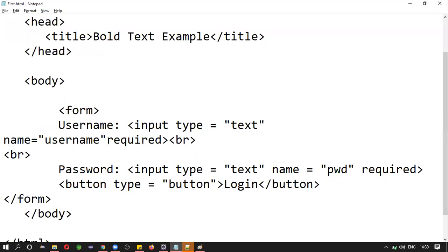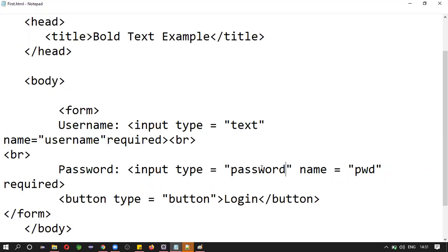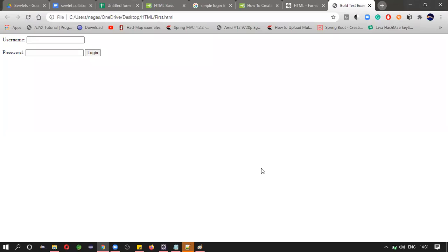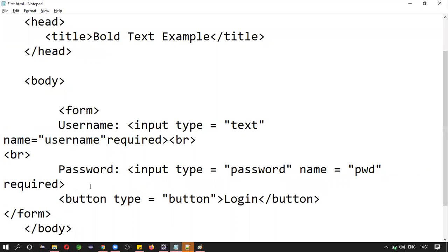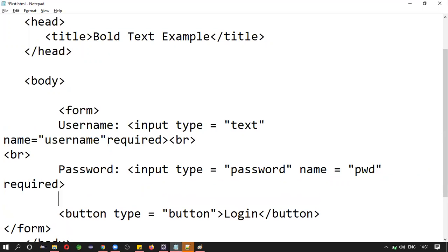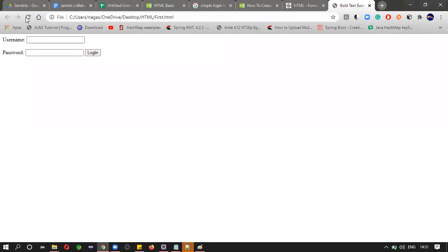Okay, we will give the type of the password as password. Let's give it a line break. Because of password type, it is displaying like this with dots.